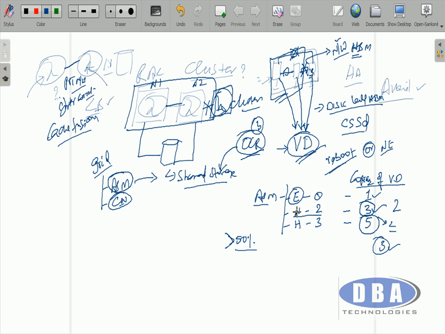It will throw an error saying that we can't do that. So when you create normal redundancy, have 3 disks in it. When you create high redundancy, make sure you have 5 disks in it, so that your voting disk can be moved to a disk group having enough disks participating.